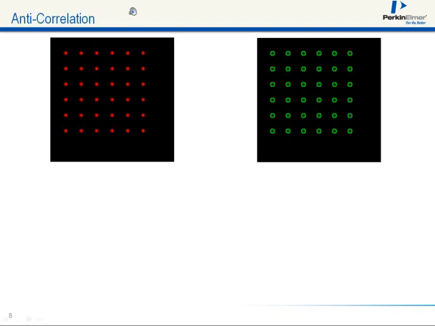The R&D team here in Coventry tried something that Manders never tried, which is to invert one of his data sets. We took the green channel and we inverted it, and we reset all the background intensities to 0. So everything above the background in this data set is inverted. And when we took this data set and analyzed it in Velocity,